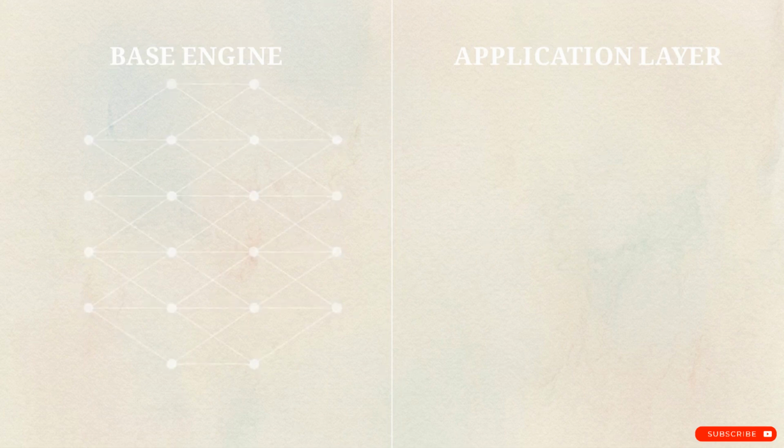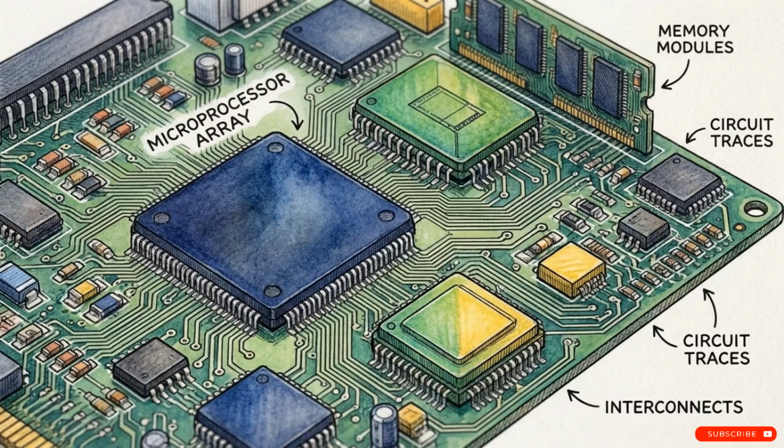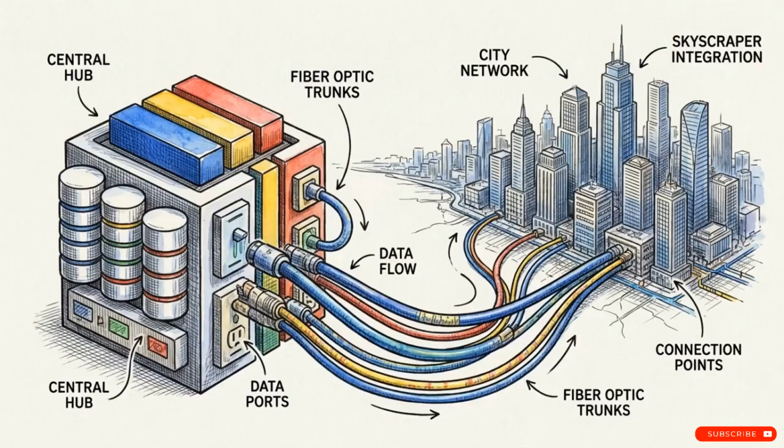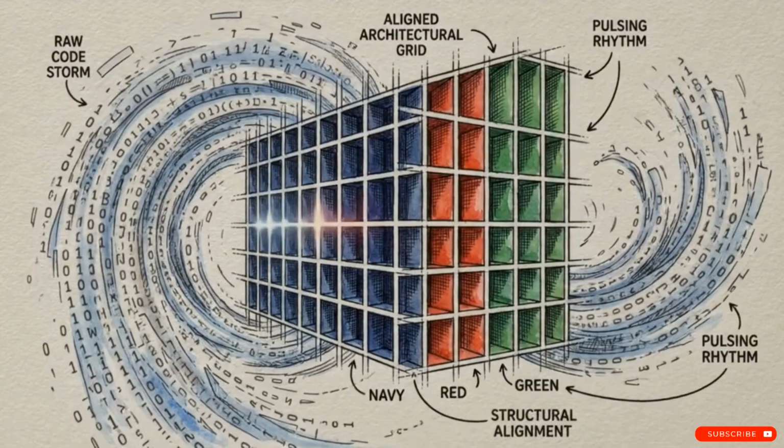To construct systems that actually function in the real world, engineers divide the AI architecture into two distinct domains. You have the base engine, the internal mathematics calculating probabilities, and you have the application layer, the external software wrappers that connect those probabilities to external systems. Scaling AI in production is less about altering the engine's internal weights and more about managing the data layers that bridge that engine to the outside world. Let's start inside the engine with tokenization.